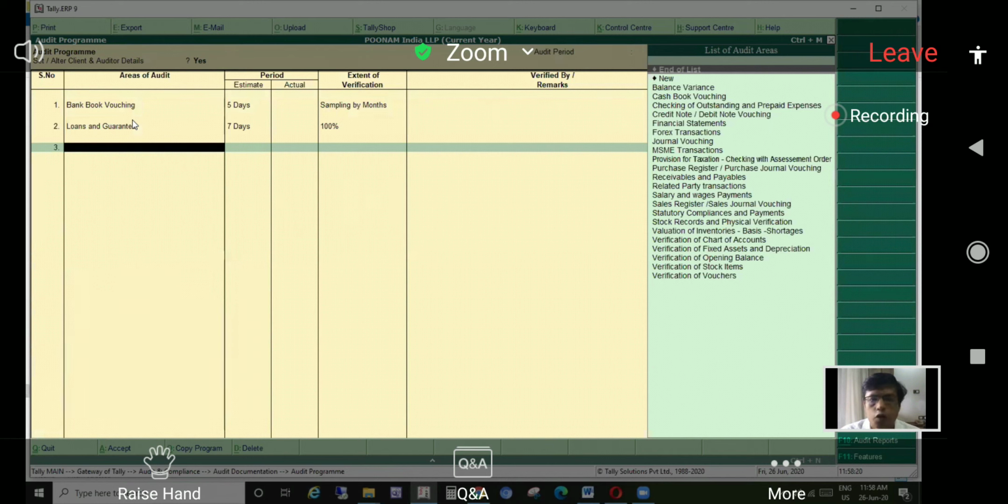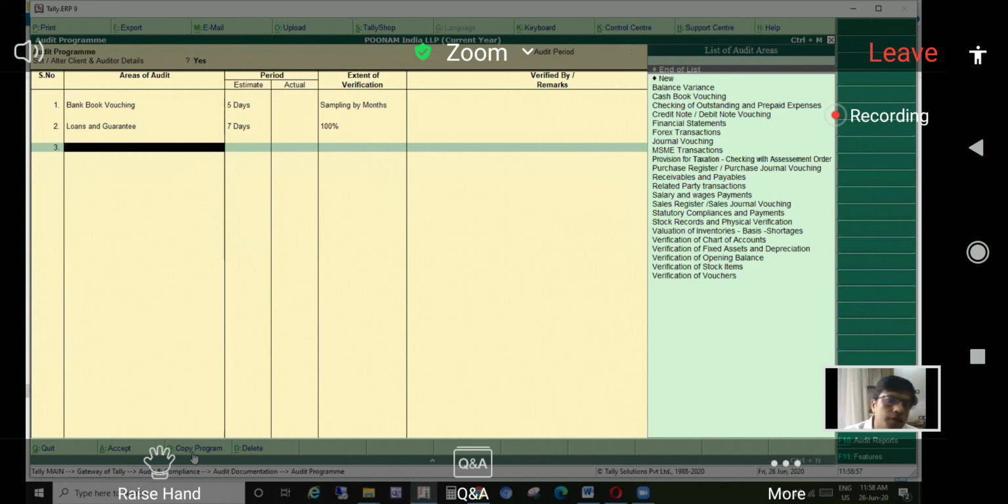Right. The beauty of Tally is that in case you have created a plan for one company, you can copy the program in another company. If you go and see, there is a button called Control O at the bottom. Once you prepare the plan for 15 or 20 line items or 100 line items, whatever you wish, you can copy the same plan from one company to another company, or from one year to another year, the second year.